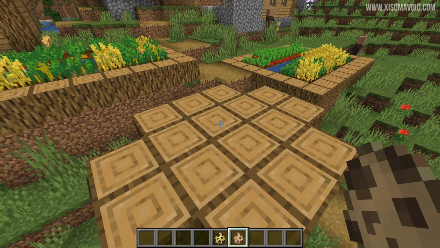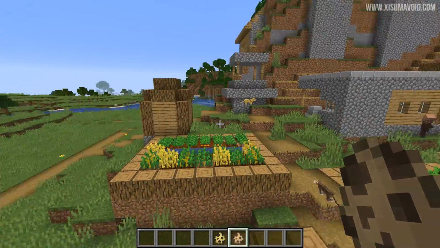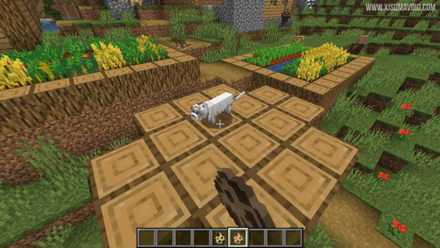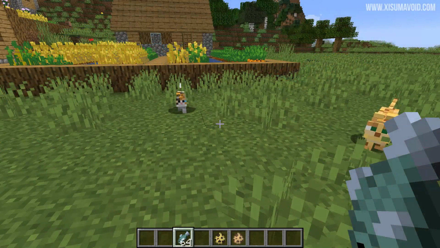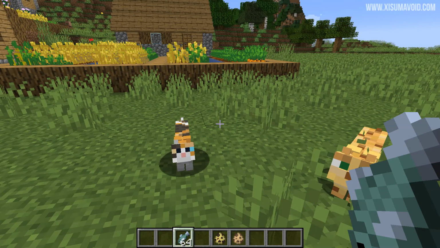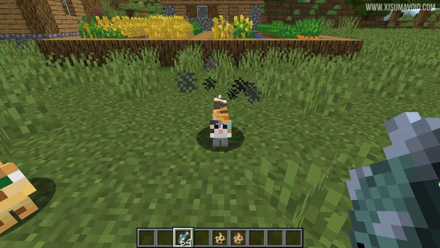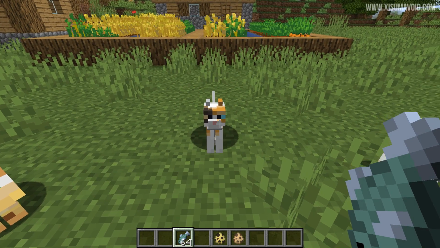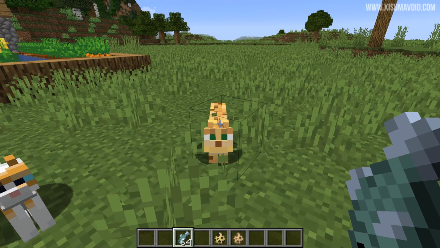There are, I think, 9 or 10 different types of this, and they will actually spawn in villages, which is why I've come all the way out here. So you'll find stray cats in villages, and then you have to tame them. And of course, the way to tame them is with raw fish. Now, don't move your mouse too fast, or you might scare them away. This little kitty cat has now been tamed, and you can feed the ocelot fish as well,